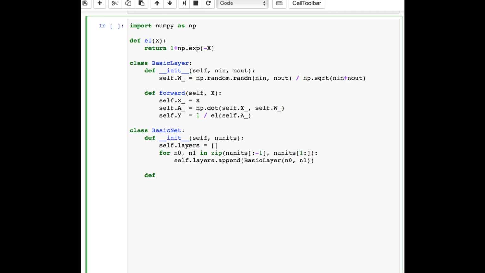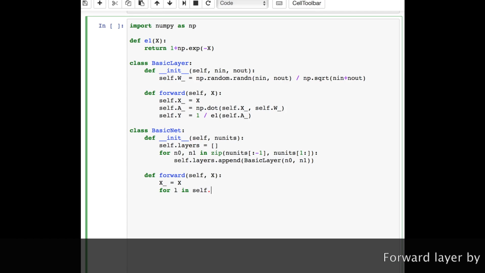Then we do this collective forward function. It takes the net object to process the input from one layer to the next until the last one. Let's first have a token that is attached to the information, the bunch of information being processed. We will later find this is useful. For each layer, self.layers,